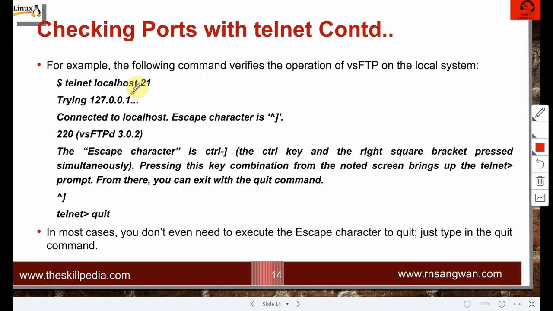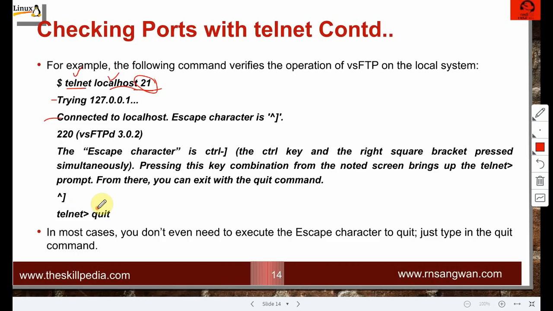Like we have configured an FTP server. We want to verify whether the FTP service is running on port number 21 or not. So FTP servers run on port number 21. So we give the command telnet server port number. You will get this kind of message, trying to this, connected to this, and now you can start typing the commands. So this verifies that our service is running and we are able to connect to the FTP service. That is the purpose of the telnet command, and that's why we use it.